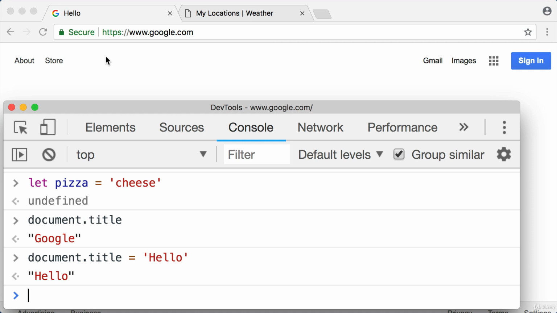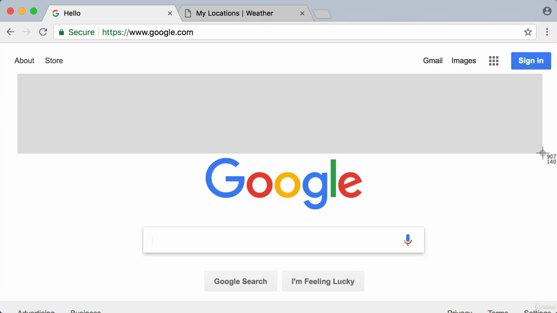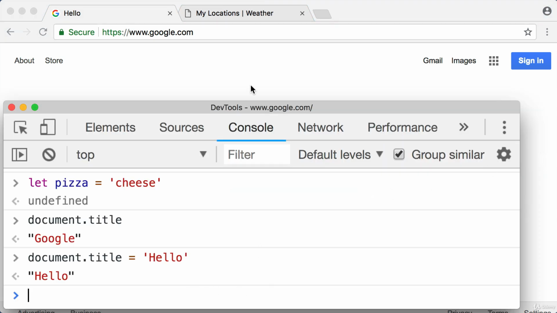Cool. Now let's try one more example task before we bring this lesson to a close. Let's try to use JavaScript code to change the background color of Google from white to maybe a light blue, or any other color that you would choose. So back in the console, check this out. We can say